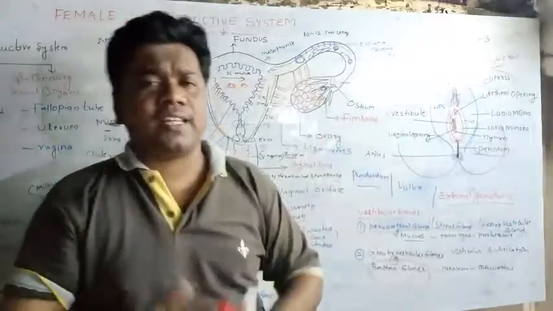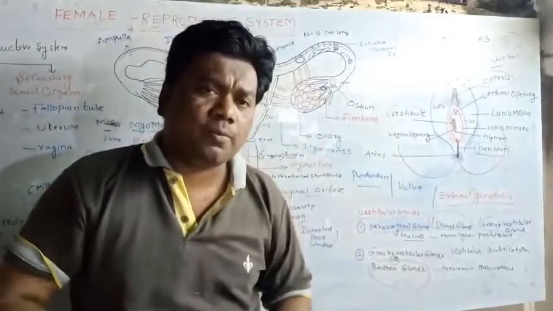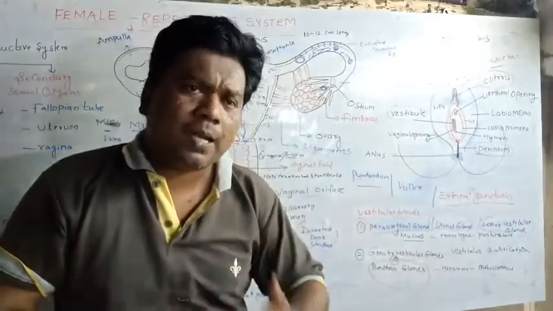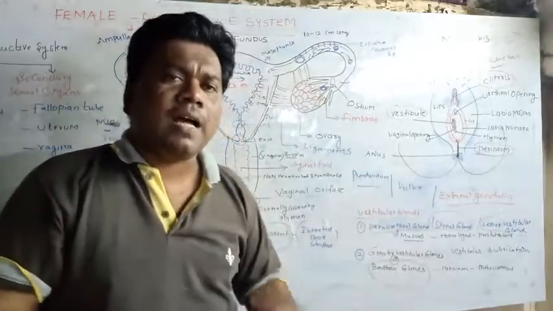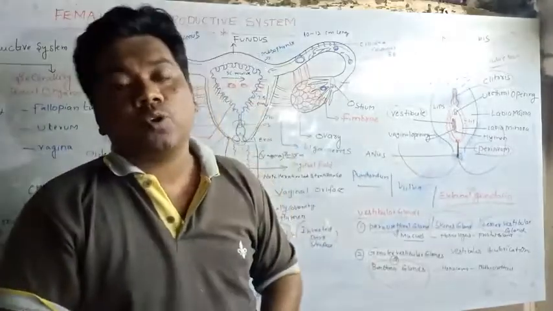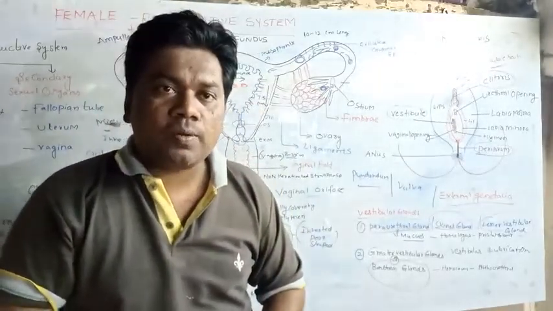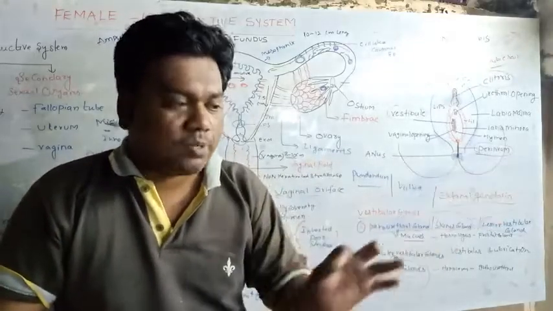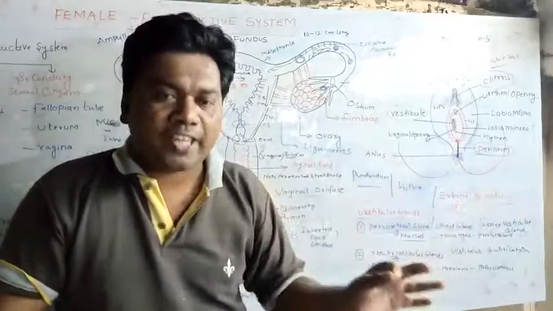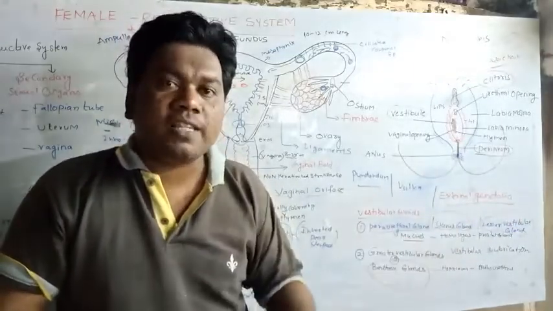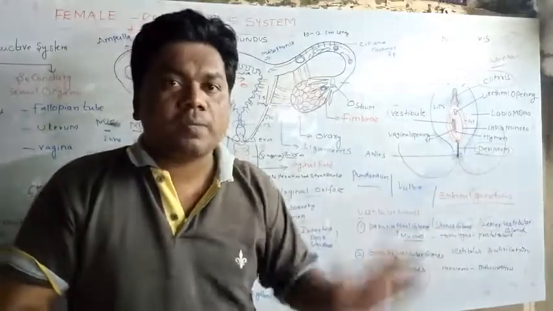Automatically, beta, suddenly, there is a mechanism inside the body. Whenever the mother hears the crying voice, within 20 to 30 seconds, milk is released from the nipples to the outside by the action of a hormone. That hormone is called oxytocin. It is also known as the milk releasing hormone. Which hormone is known as the milk releasing hormone? Beta, oxytocin. Oxytocin, very very important. This oxytocin is also known as the birth hormone.